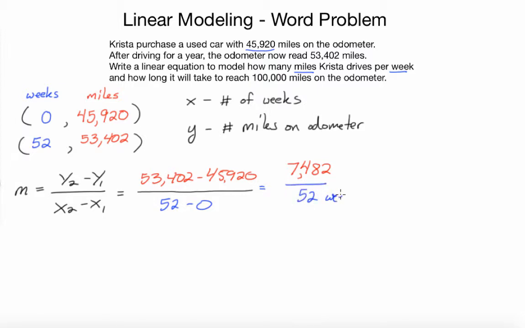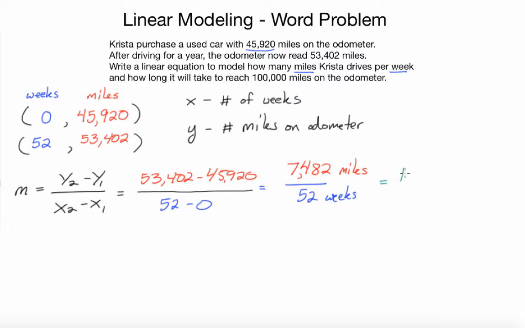So over that 52-week period, 52 minus 0, so over 52 weeks, she increased by that many miles. So there's a ratio of miles to weeks. That's how much change happened. Over 52 weeks, you changed 7,482 miles. If I divide those, again, we want to know a rate, how many miles per week. So I'm going to take 7,482 divided by 52, and we get